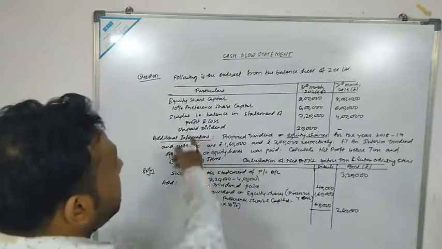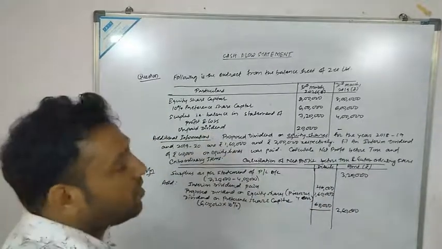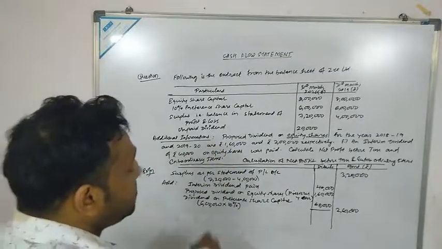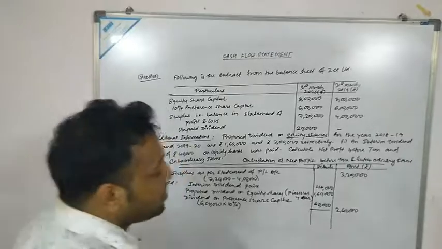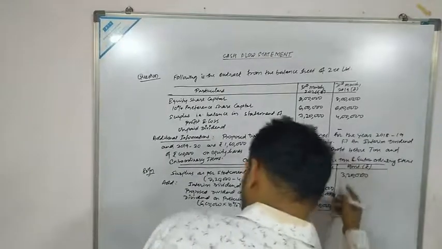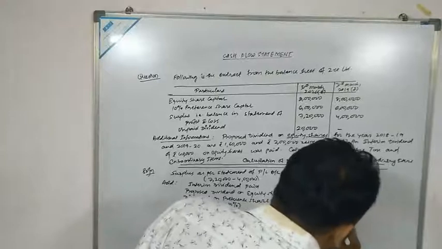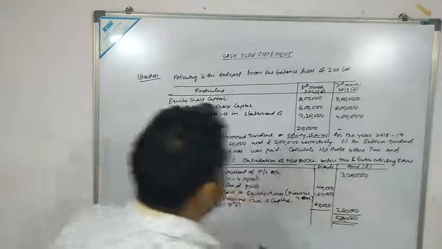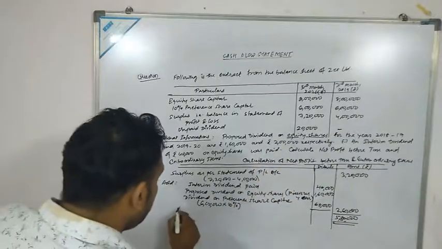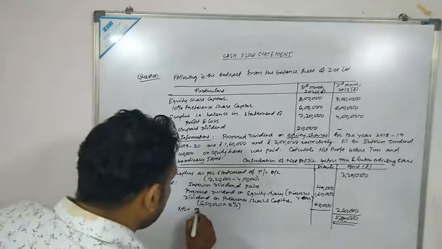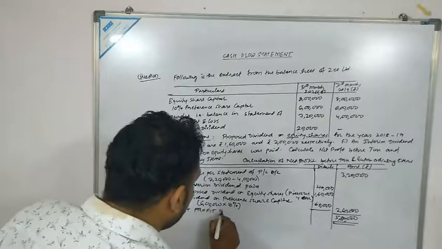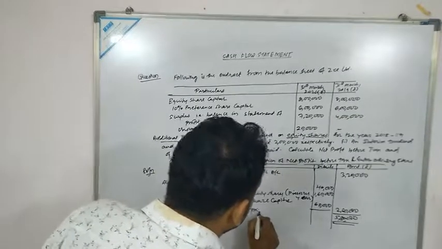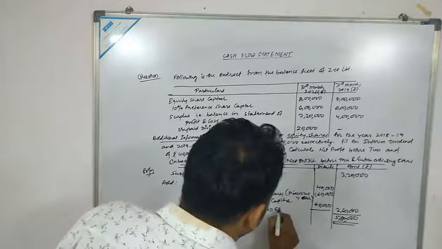Okay, and here unpaid dividend is given. Unpaid dividend will not be shown. ठीक है, why? Because dividend has not been paid. और हम लोग यहाँ पे कौन सा dividend दिखाते हैं? Only paid dividend would be shown. Okay, so how much will be the total? Total would be your 5,80,000. And this total would be considered as net profit before tax and extraordinary items.